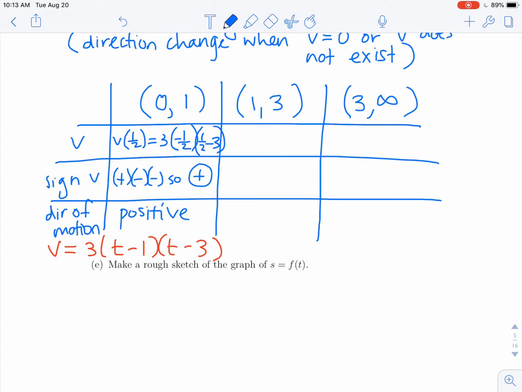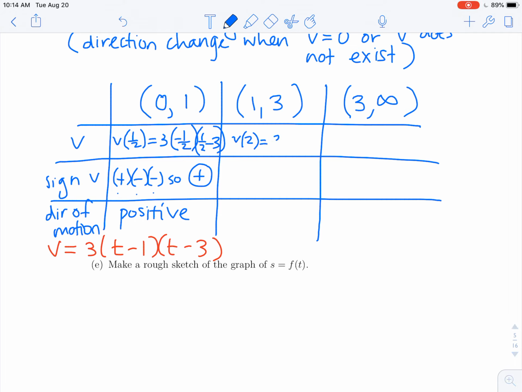It's super helpful that we factored our velocity, because that's how we know that when we do positive times negative, we can count the minuses and say, all right, the overall result has to be positive. If we hadn't factored, we'd have to do a lot more work to figure out exactly what V of a half is. Whereas we really don't have to know, we just have to know each factor, whether it's positive or negative. So on the next chunk, I would do V of 2,